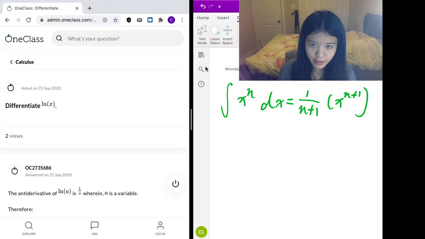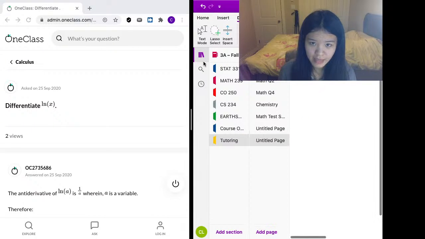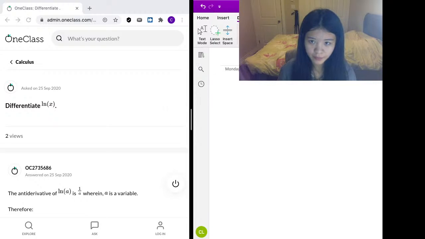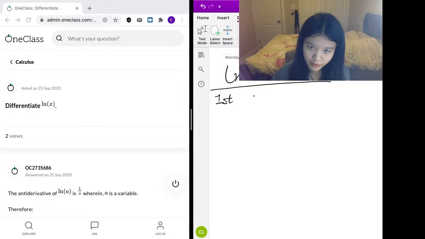So the first question is differentiate ln of x. There are two main ways that you can approach this problem. The first way is very simple. First solution,